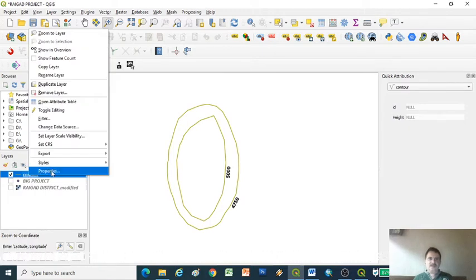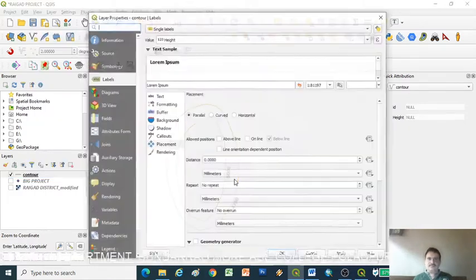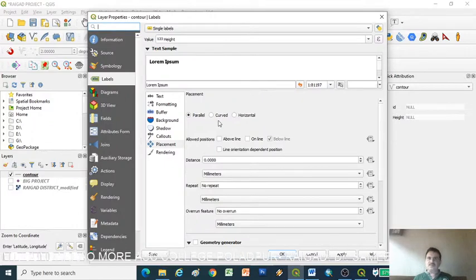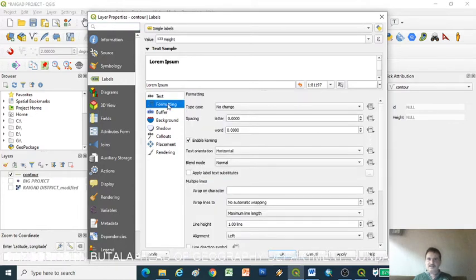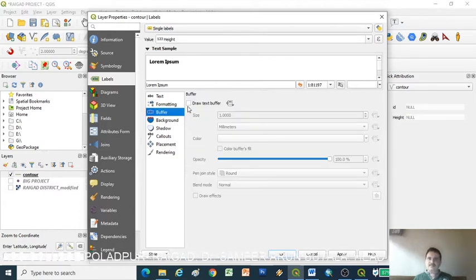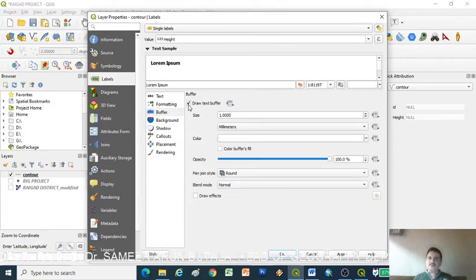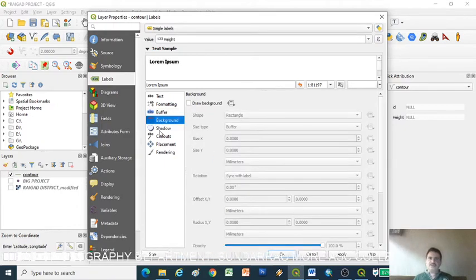So right click, go to the properties. Now suppose I want the text formatting, type of the case, uppercase, lowercase, buffer, which we can't use for this, background, shadow.